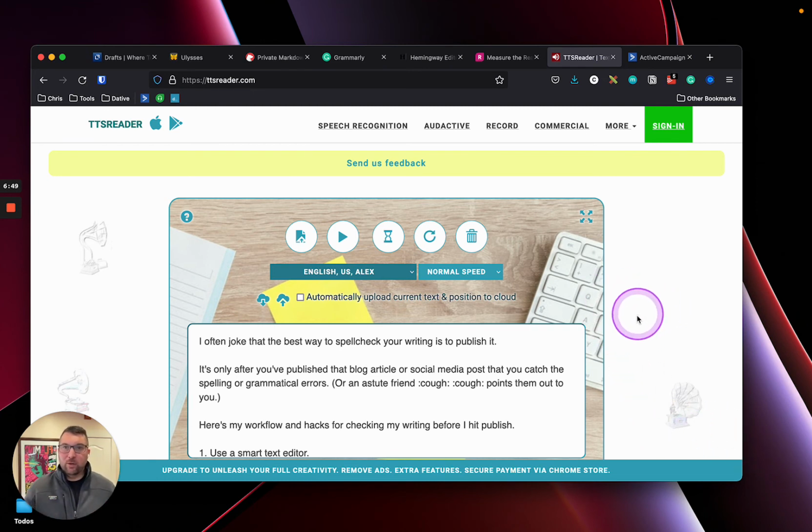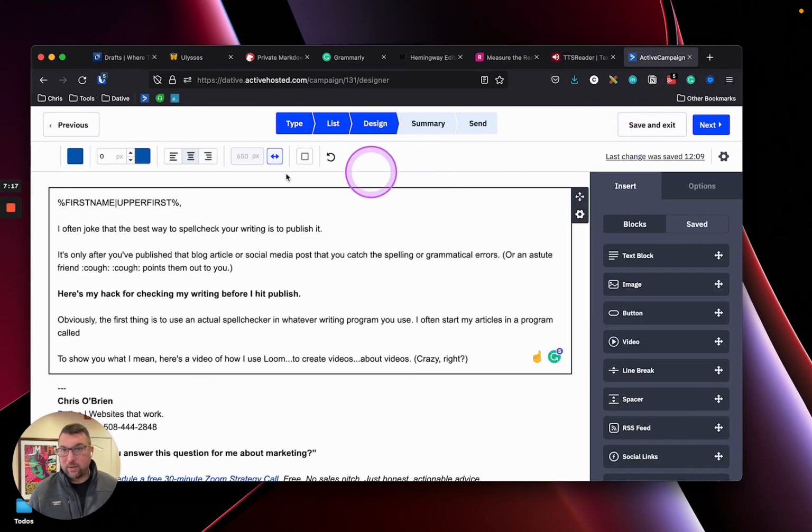So, starting with a text editor that's pretty powerful to get you a starting point, that raw draft. Then I like to bring it into a more polished checker like Grammarly or Hemingway to help me understand the tone and the clarity and the line length and really just the overall readability, separate from the actual spell checking. And then my last tip is to bring it into a program where you can hear it out loud for your final check. And then my workflow is I use ActiveCampaign as our email marketing platform. So the last step is I paste it into here. And that's when I actually go through and start to format things with bold and italics and add links to other things like that. So that's how I write and